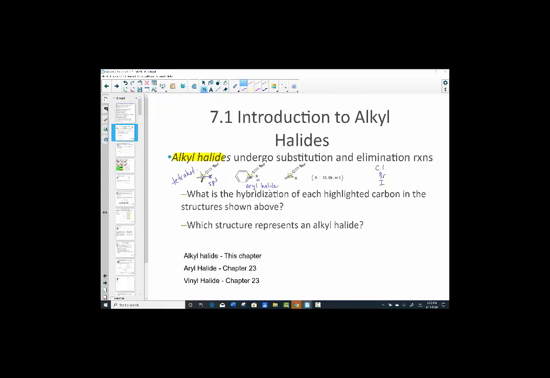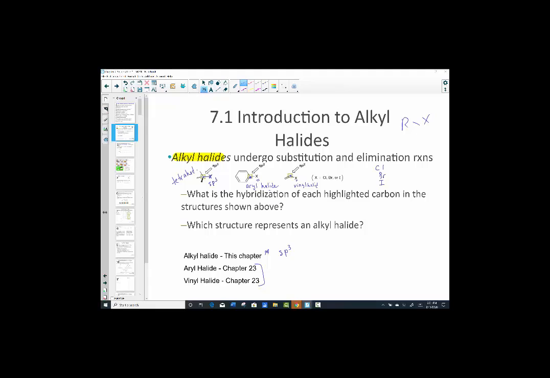And if the carbon directly attached to the halogen is in a double bond, we'll learn that this is called a vinyl halide. Both of those are studied, but they're thrown ahead into their own chapter, chapter 23, when you look at aryl halides and vinyl halides and their chemistry. This chapter is devoted to the sp3 hybridized carbon, where one of the 4 attachments leads you to a halogen. So an alkyl halide, RX, where the R is sp3 hybridized, and the halogen is chlorine, bromine, or iodine,